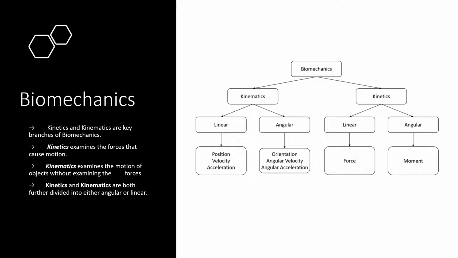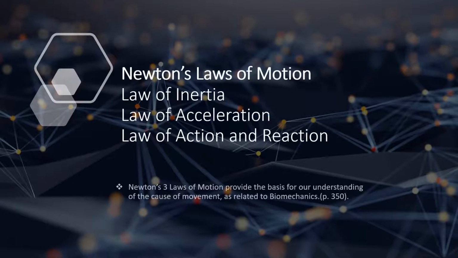Linear kinetics is the branch of kinetics that deals with the cause of linear motion specifically. Within linear kinetics, you will find Newton's three laws of motion, as they're the key concepts examined in this branch. Newton's three laws are comprised of: 1. The law of inertia, 2. The law of acceleration, and 3. The law of action and reaction, and they provide the basis for our understanding of the cause of movement as